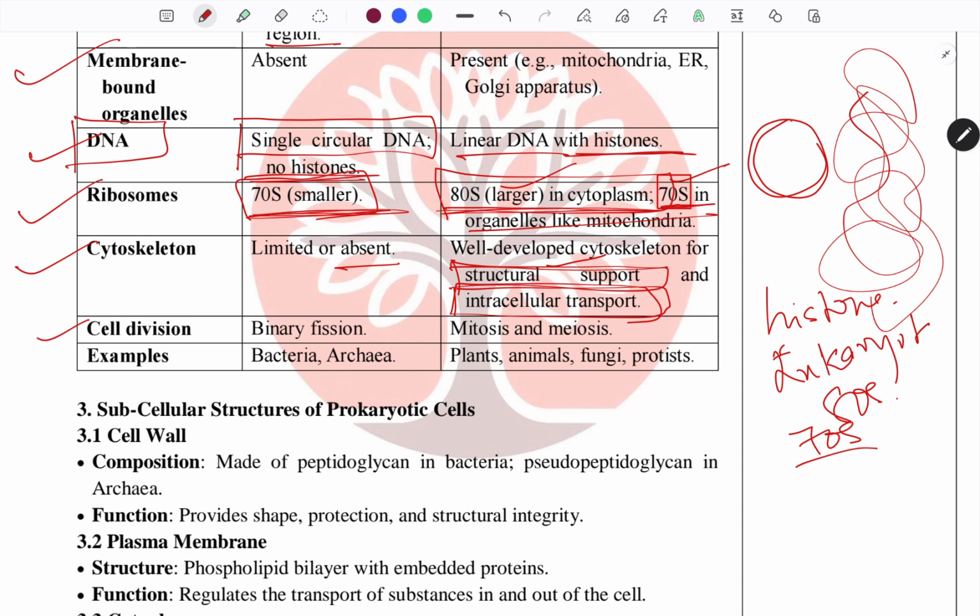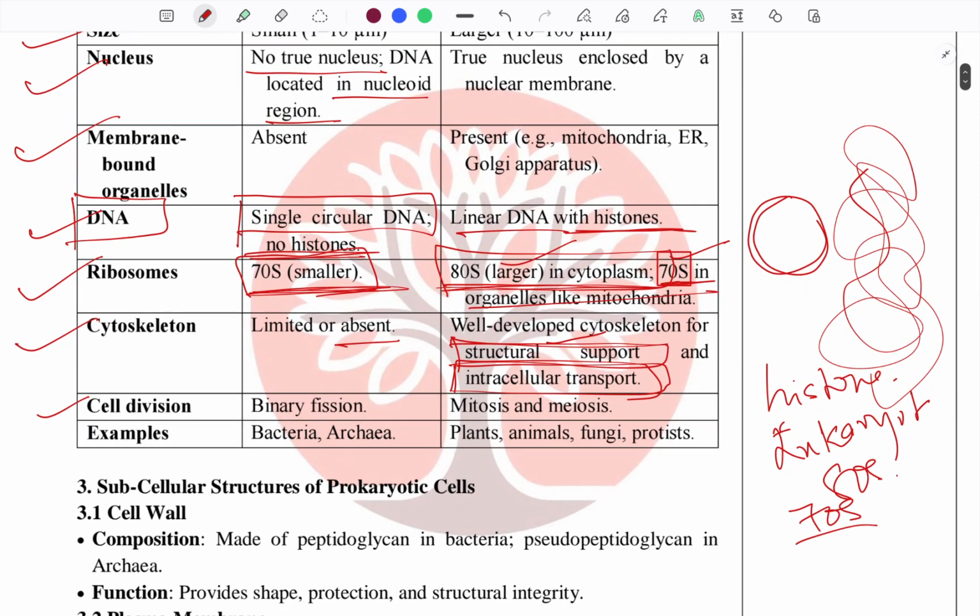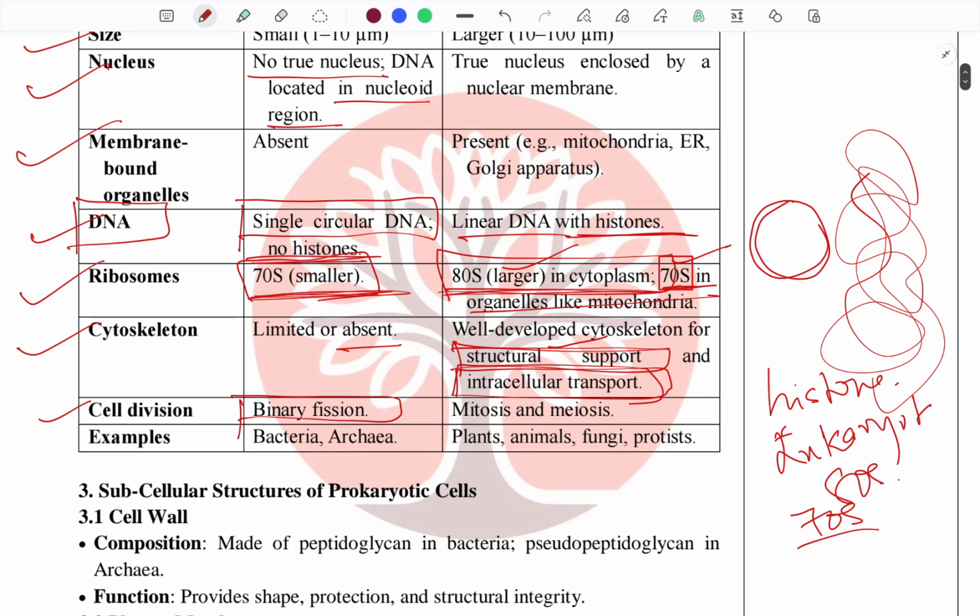If you are talking about cell division, how it will multiply, as I said, the example of prokaryotic organisms is bacteria. So an individual cell is an organism. Bacteria have only one cell, that is a prokaryotic kind of cell, and we can call that organism a prokaryotic organism. So in prokaryotic organisms, cell division is nothing but cell multiplication. But in case of eukaryotic organisms, cell division